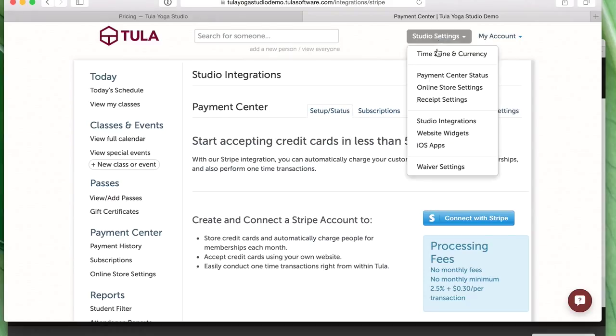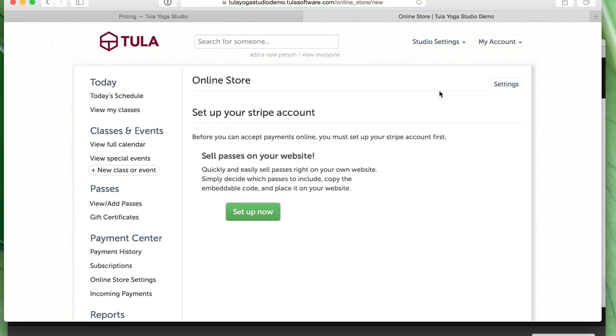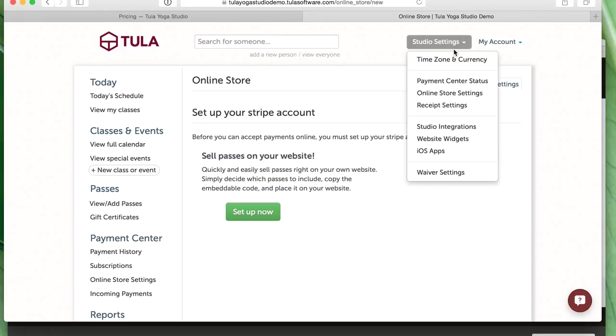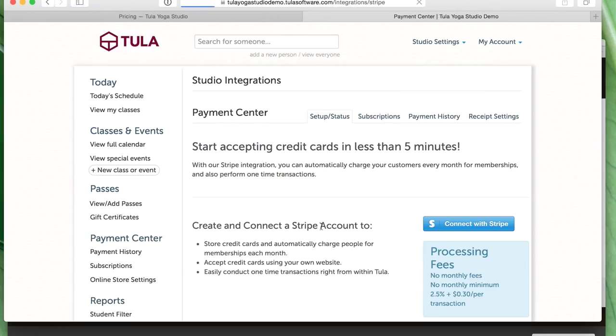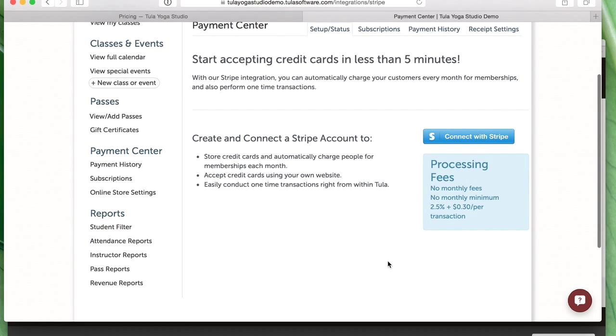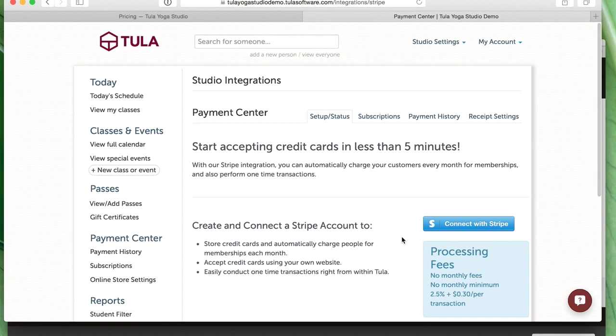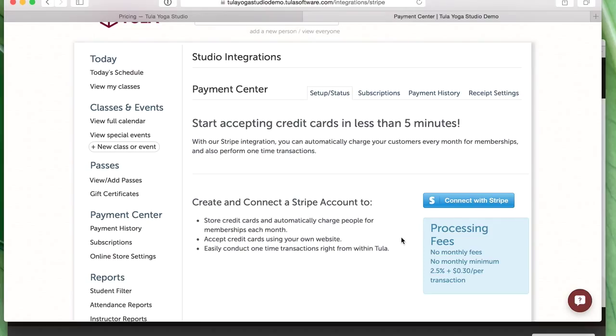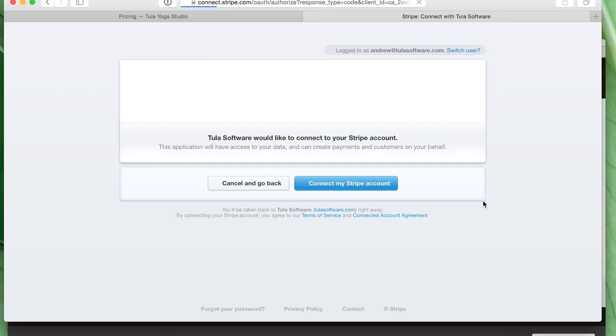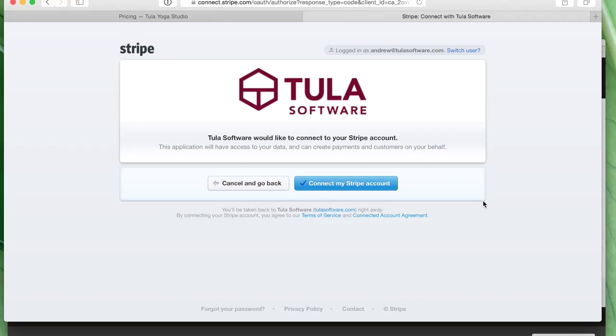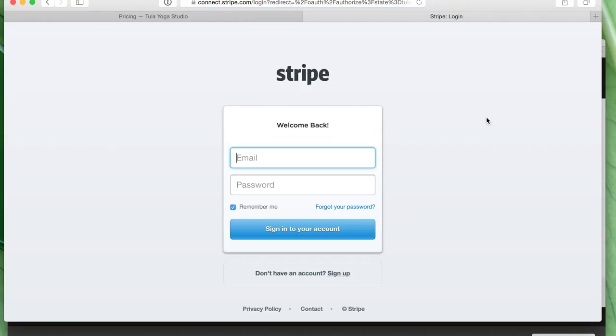So if I go over here to online store settings, and I click setup now, this is just going to take me over to this studio integrations page. So all of the paths will end up leading you here, with us basically telling you to connect your Stripe account. Connecting with Stripe is required so that you can take credit card payments